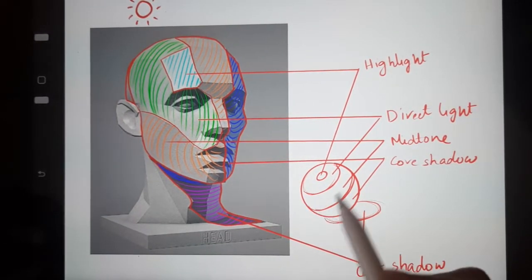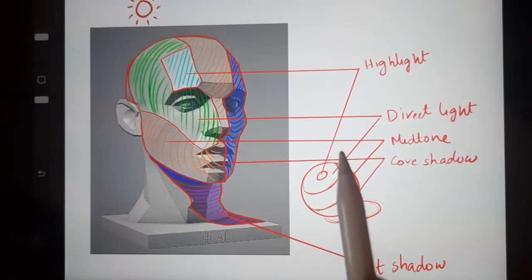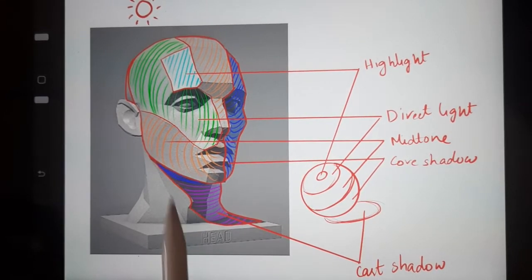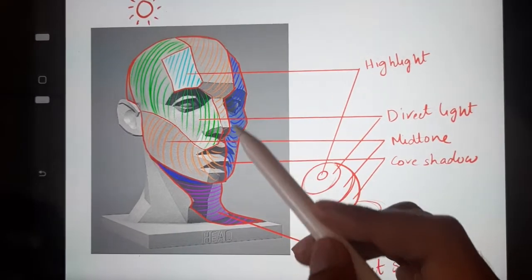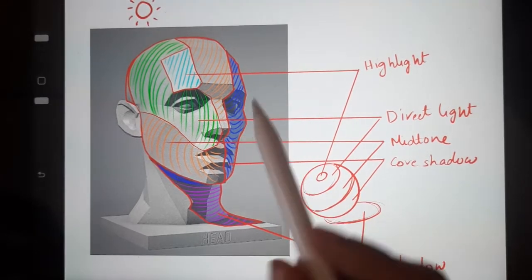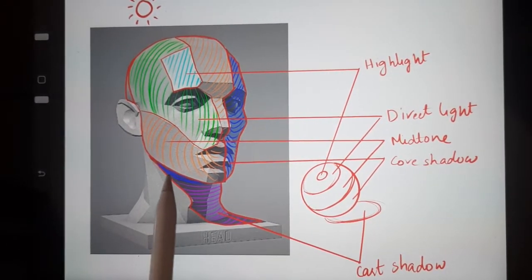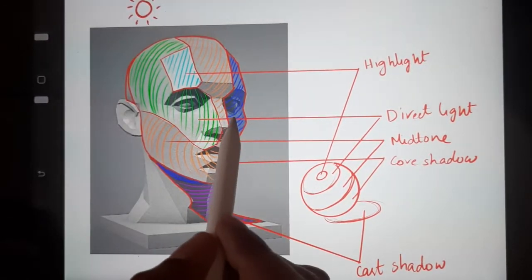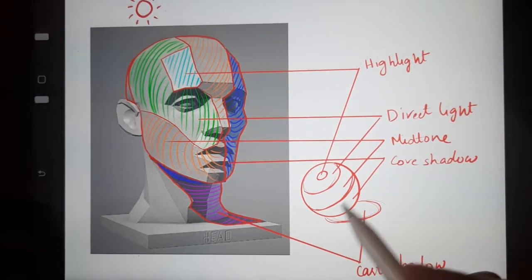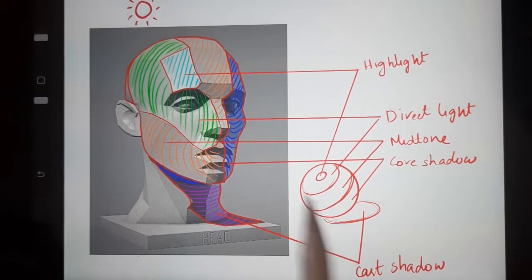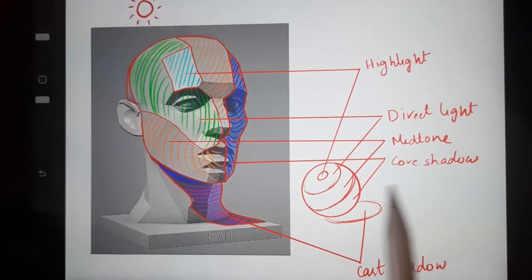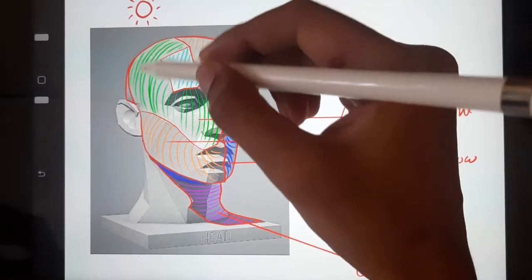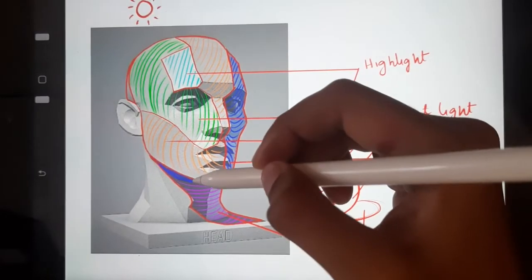In the sphere it is this area, and the dark blue lines shaded area does not receive any light, that is one half of the face and under the chin does not receive light because it is coming from above, just like the core shadow of the sphere. So this area will be the core shadow, and the cast shadow of the head falls to the neck and some to the surface below it,